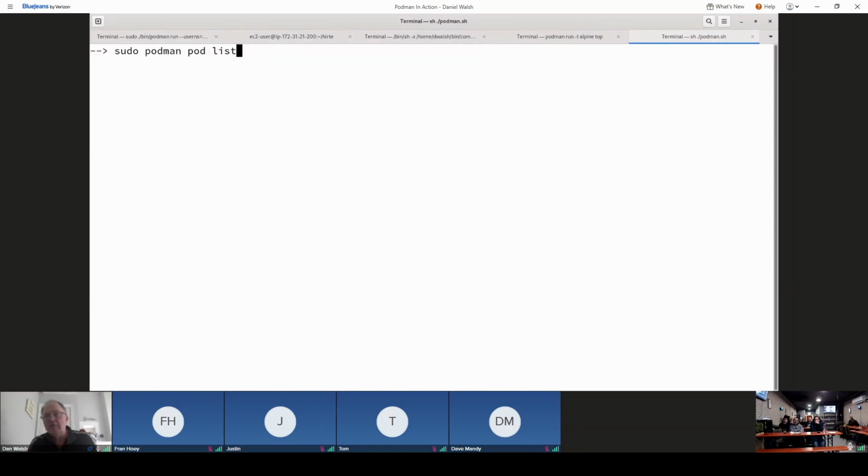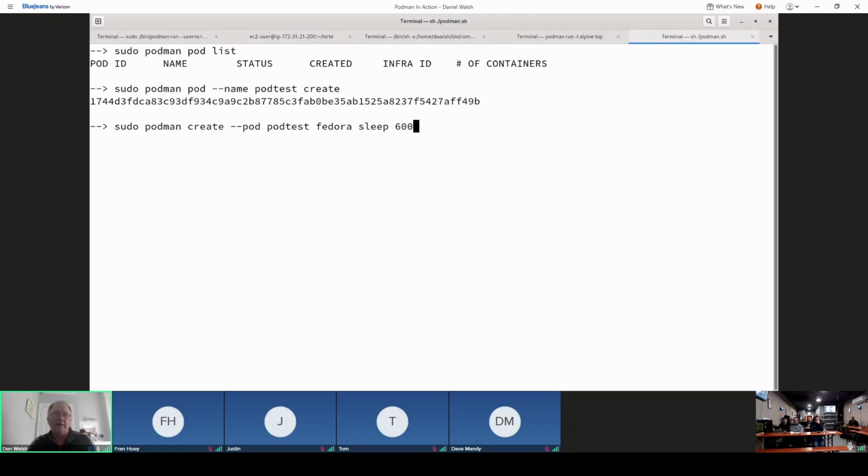So another key feature of Podman is that it supports pods. We talked a little bit about pods when it came to Kubernetes, but Podman also supports multiple pods, so running multiple containers inside of pods. And to show you the power of that, I can actually create a pod, and then I can add a